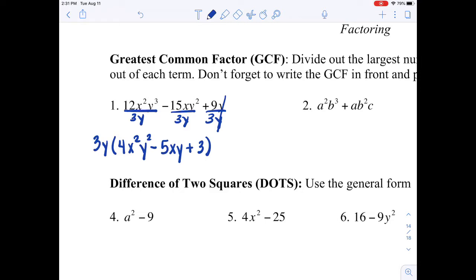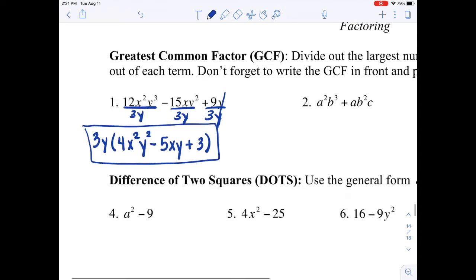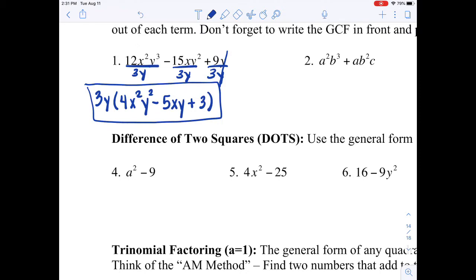Keep in mind, there's a difference between simplifying and factoring. If I wanted to simplify this expression, my original problem would be my solution. Simplify means no parentheses. Instead, I wanted to factor my expression, which means I want to have it in a form where it's 2 things being multiplied together. So obviously GCF again was the first